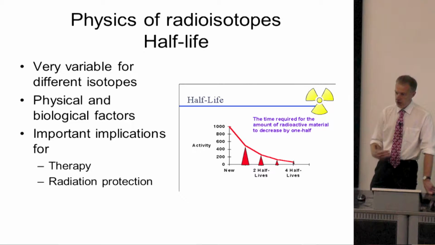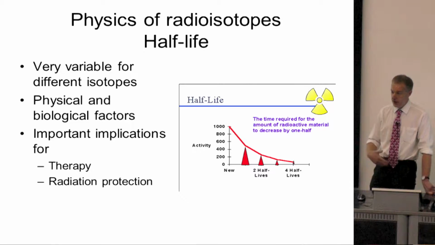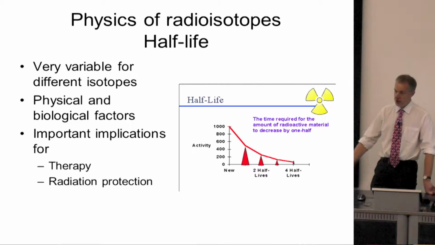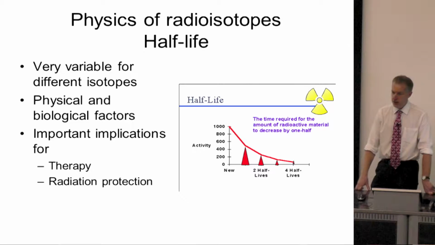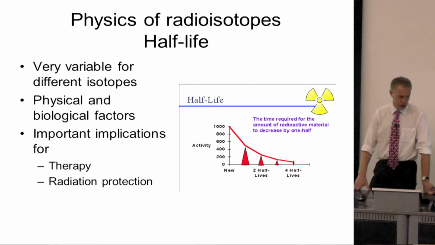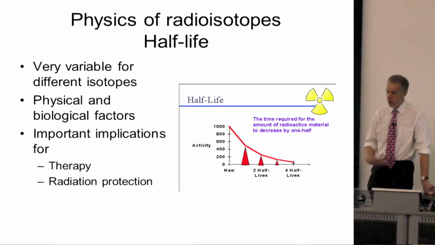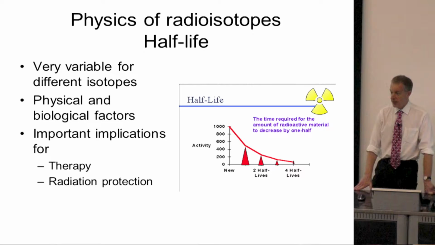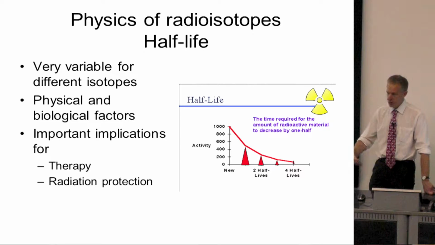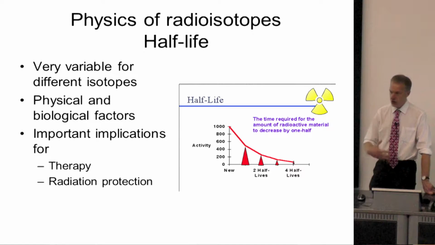An isotope with a short half-life is going to be gone very quickly, whereas something with a long half-life is going to sit there and continue to irradiate the patient for a long period of time. So typically the isotopes we use have half-lives of a few days. So the most common treatment we give, I-131, the half-life's about 8 days, which is useful. So it's long enough that there's a useful exposure, but it's not so long that it doesn't clear within 2